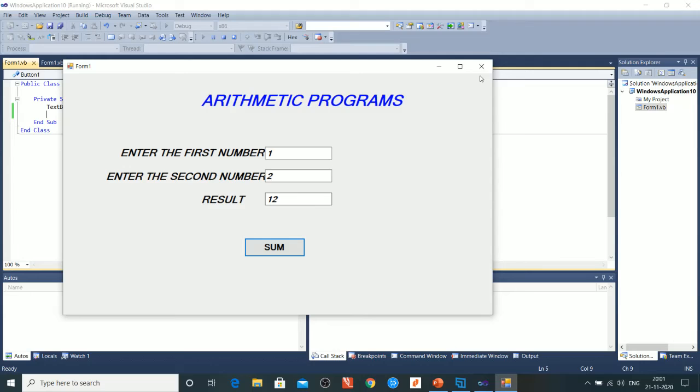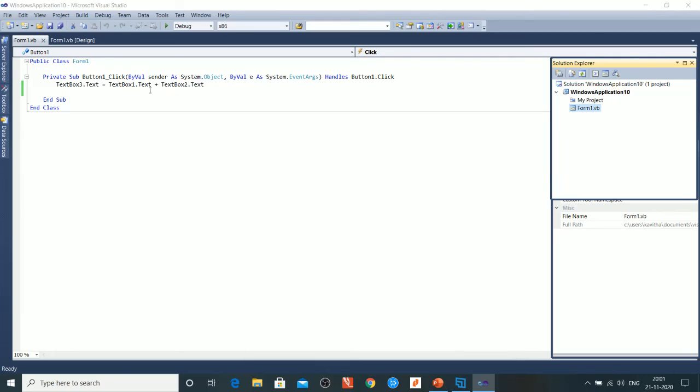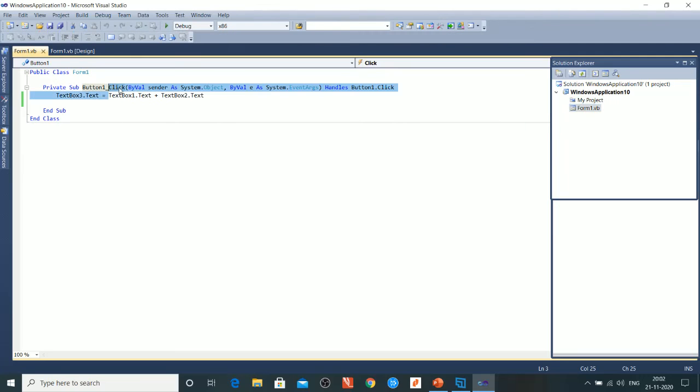text box 3. So what does it mean? It means, listen here, whatever you type in the text box is taken as text. Text means alphabets. Okay. So the computer just joins the two values and displays whatever it may be. If you want to do arithmetic calculation on whatever you enter in the text box, that has to be changed into numbers, so you have to use a new function called the val function.